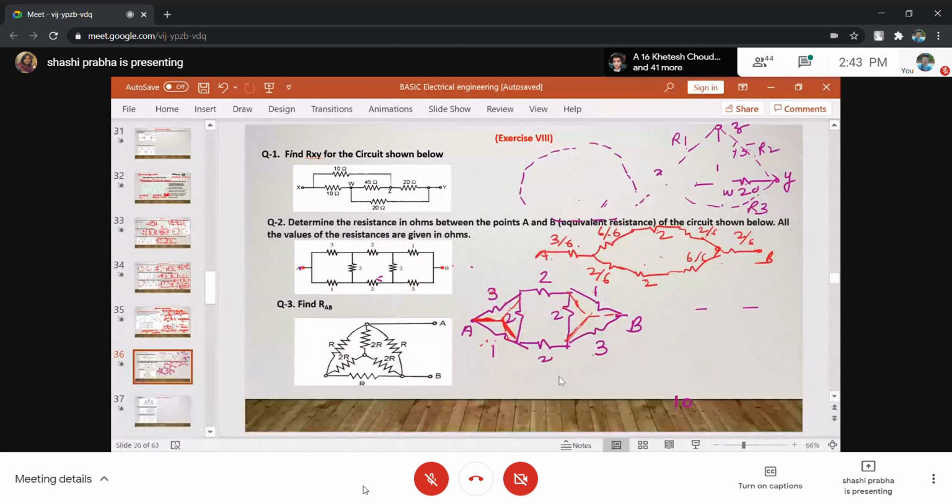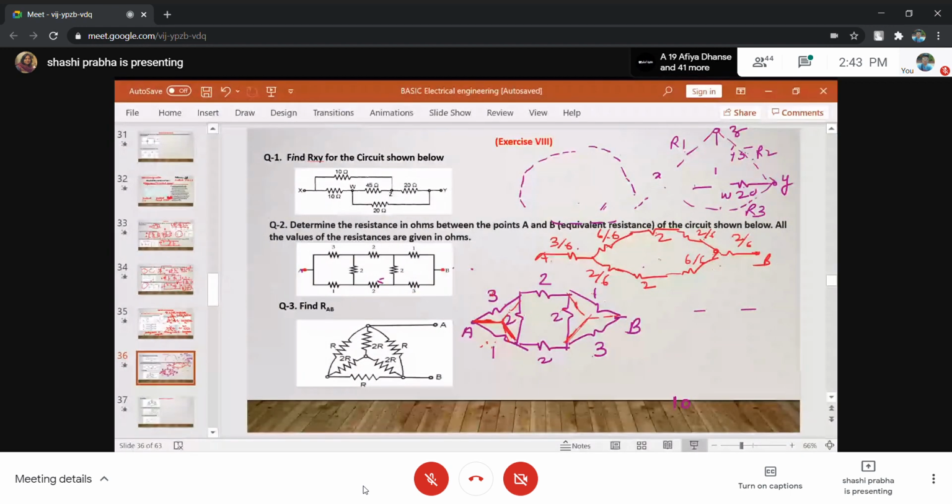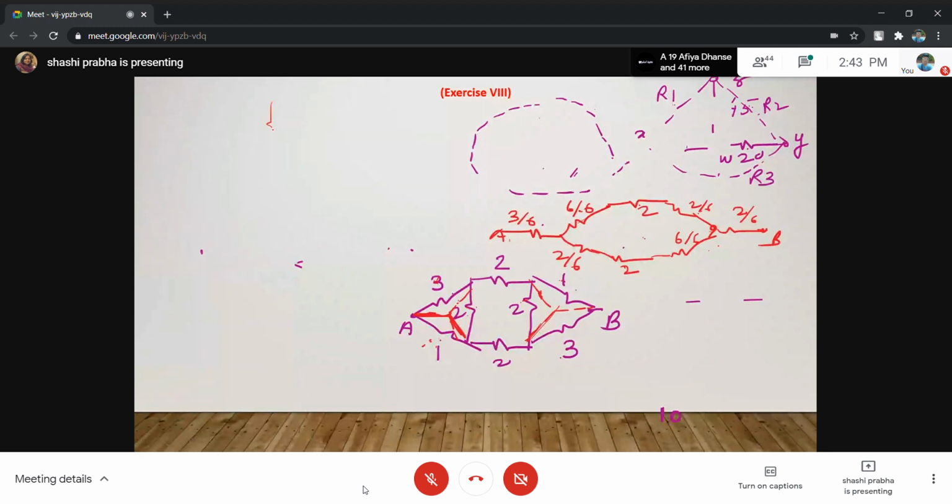If I say एक स्टार बनाते हैं और एक डेल्टा बनाते हैं, if I make this star and if I make a delta out of this star, which looks bigger? So don't you find delta, if each is R, delta branch looks bigger than star? ऐसे भी बड़ी लगती है ना, A, B and C, O. So हमेशा याद रखो, if each resistance is R, then each resistance in delta is 3R. वो 3 times हो जाती है.